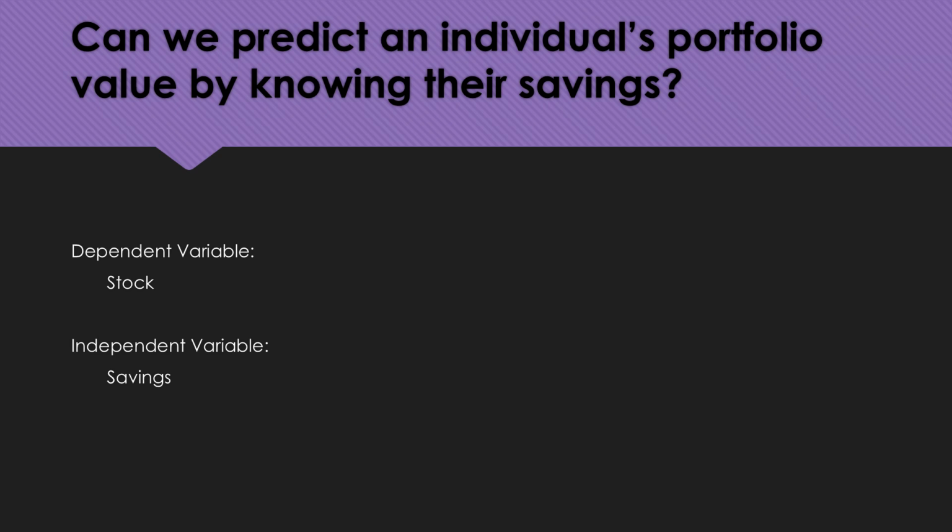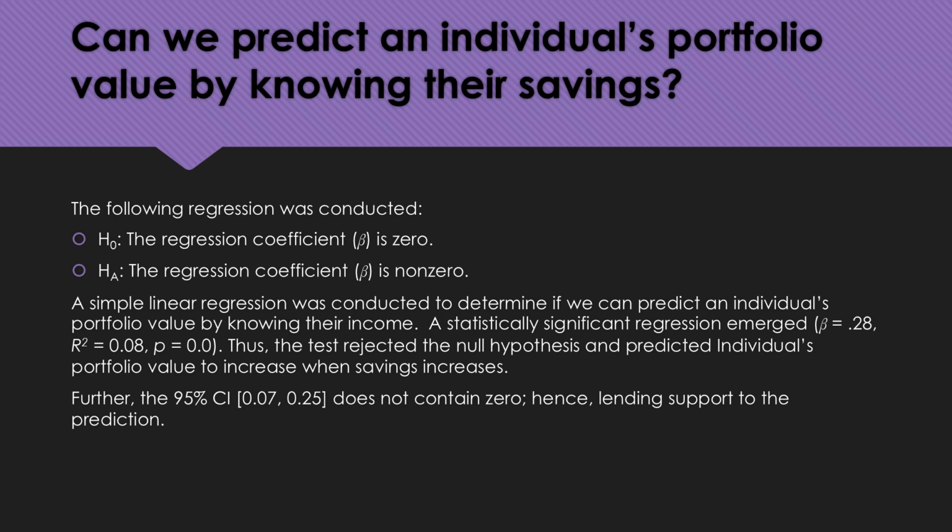The third test we conducted was, can we predict an individual's portfolio value by knowing their savings? The dependent variable is stock, and the independent variable is savings. The null hypothesis states the regression coefficient, or beta, is 0, and the regression coefficient, beta, is non-zero, is the alternative hypothesis. The linear regression was conducted to determine if we can predict an individual's portfolio value by knowing their